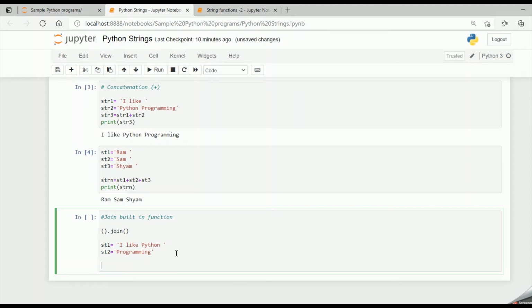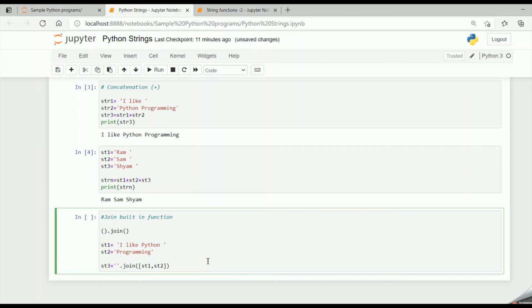So firstly I say st3 equal to, I give the separator, I don't give any value in the separator. If you give one space, a space will occur between Python and programming. Since I've already given a space after Python, I don't require any space. So I do not give any space but just quotes. And then I say dot join, and in a list I pass st1. Since this parenthesis takes only one argument, I can pass the two string variables in a list, st1 and st2.